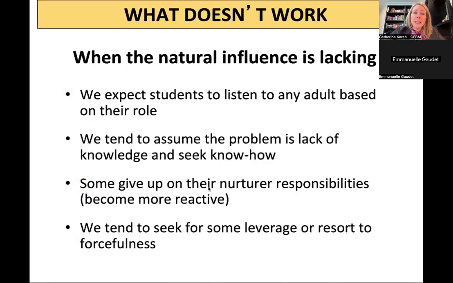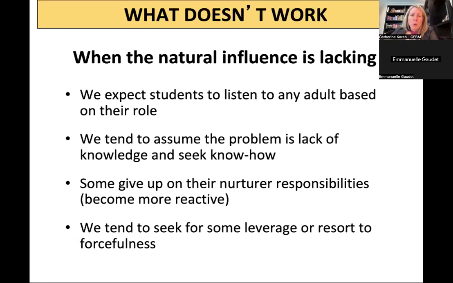The other thing to keep in mind as well that might have an impact is the way that we see and think things in terms of our relationship with the student. And so we may believe that given our role, because I'm a teacher, because I'm a support staff, because I'm a principal, by default, the student should listen to me because I am the adult in charge. Now, understand that children and adults don't see eye to eye on this, because for a child, it's not who you are and what you know that matters. It is about the relationship.